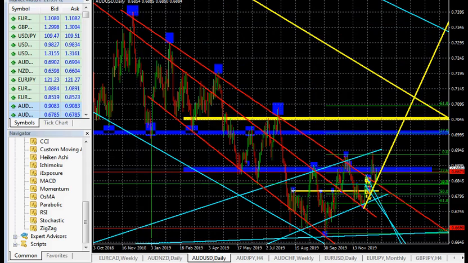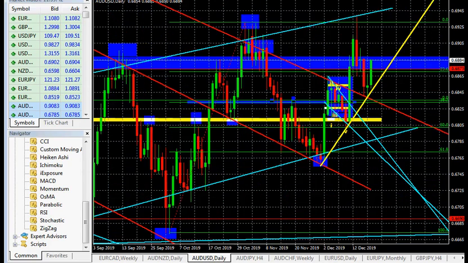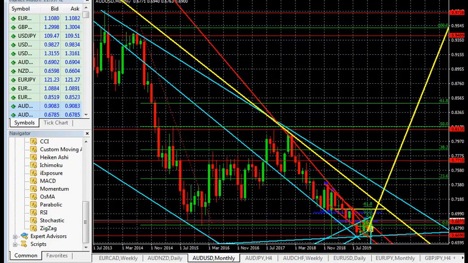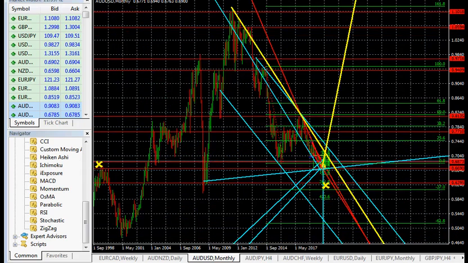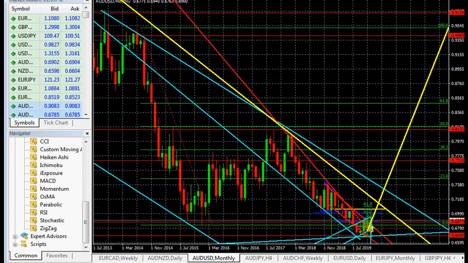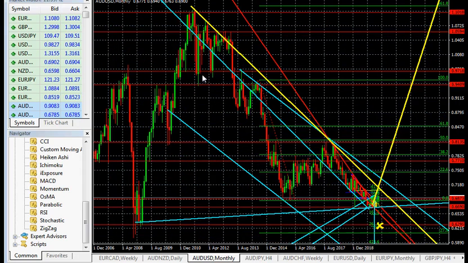So what about the Aussie pair, the Australian versus US dollar? Let's start from the monthly time frame. You can see that the market is in a downtrend in this pair. Forget about those mini trend line analyses. As you can see, a run, a pullback, a run, a pullback, a run, a pullback, a run. A clear downtrend. So what are you looking for?